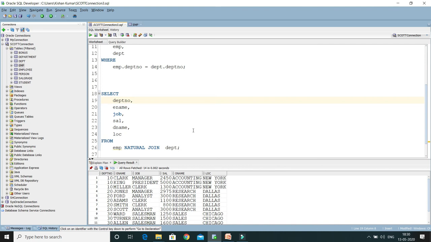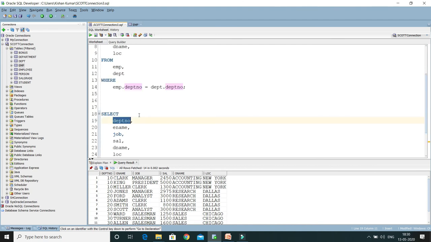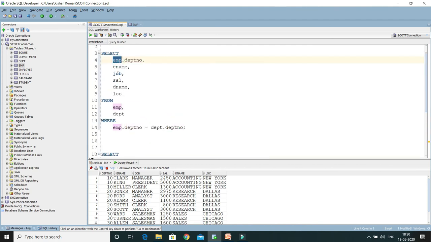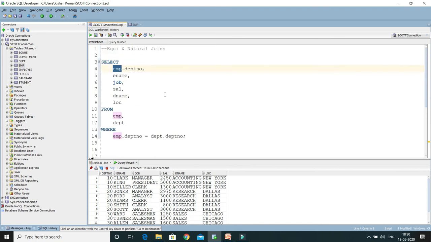So that's the difference between natural join and EQ join. In EQ join you always have to use the equals operator in the where clause, right? But here you don't need to. Apart from that, if there is some column ambiguity, if the same column name exists in both the tables, then in EQ join you have to refer to it by either the table name or table alias name. But you don't have to do the same in natural join. That's all I wanted to discuss in this video tutorial. I hope you are very clear about EQ join and natural join. Guys, big thank you and see you in the next video tutorial.